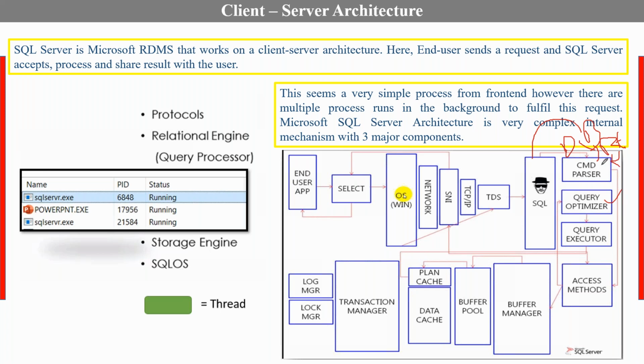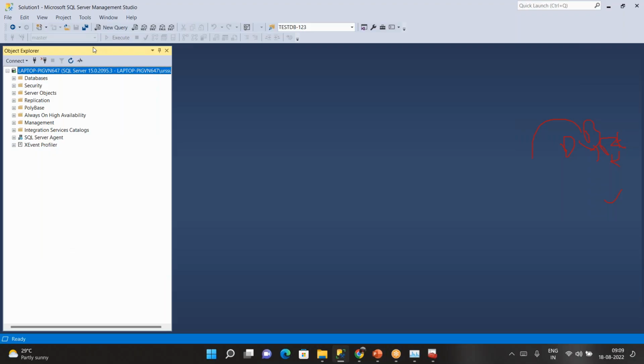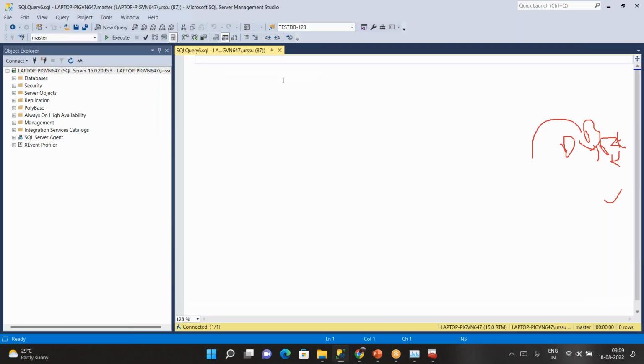Sir, the command parser will do two things. One is parsing the syntax. It will check the syntax, meaning whatever you are writing, like create table employee, employee ID integer. Whatever syntax you write,